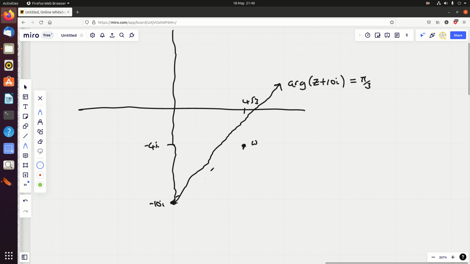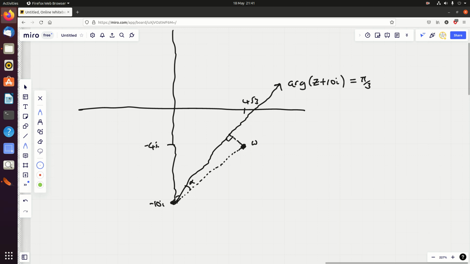Okay, so this is the arg of z plus 10i equals pi over 3. And like I say, I can tell that by comparing the angles. Now that's going to come in really useful because I need to find the minimum distance of w from this half line. Well, if I'm going to work that out, then I need to know a few things, because the minimum distance is going to occur when that's a right angle, and that's the shortest distance from a point to a line. It always occurs at the foot of the perpendicular, which means I need this angle,